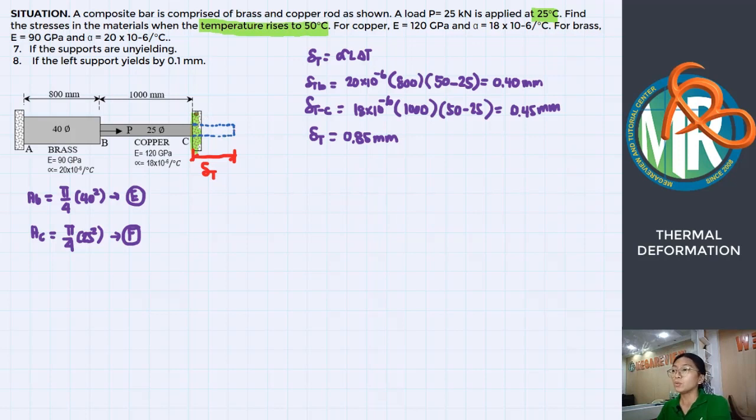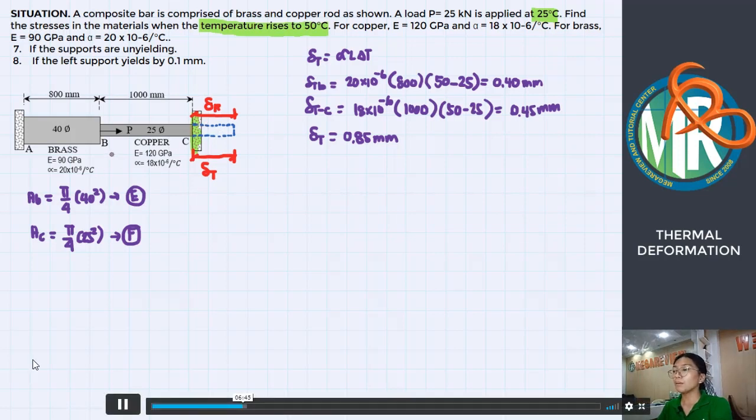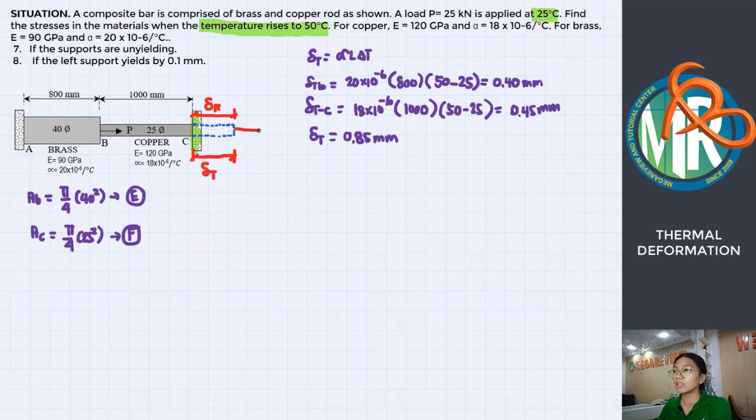So, bale, yung deformation na to will be resisted by the axial deformation. Okay, that is contributed by both the brass rod and the copper rod. So, kumbaga may reaction ka dito, may axial force ka dito, tawagin natin yang R sub R, reaction sa right, na yan yung magpapabalik sa deformation na to its rightful place. Kasi fixed naman talaga to. Tama? So, pwedeng by deformation equation, pwede natin magamit simultaneously si deformation equation and si equilibrium equation dito sa part